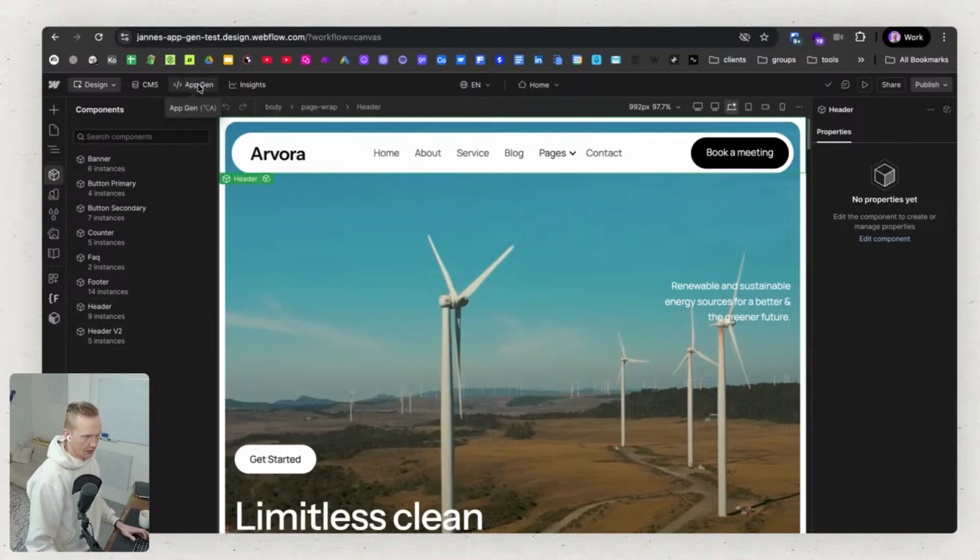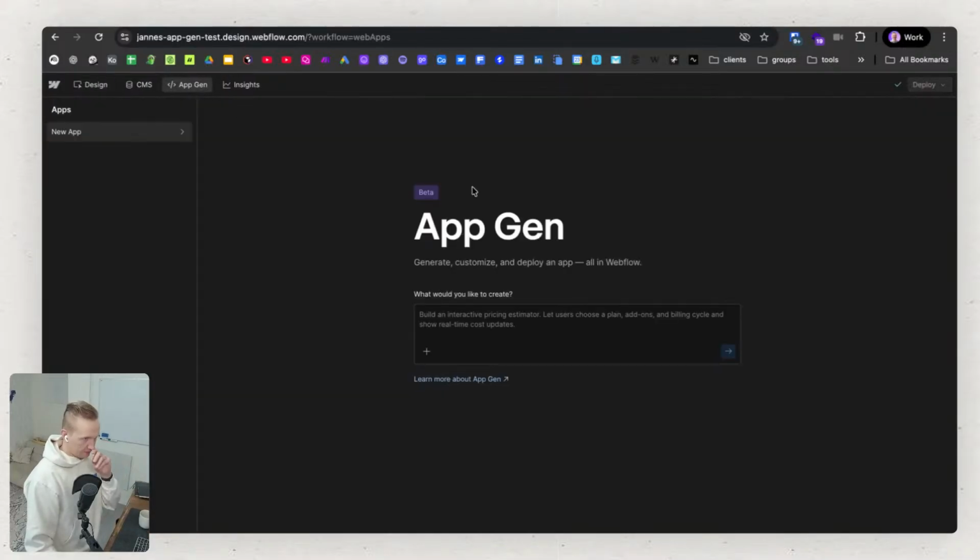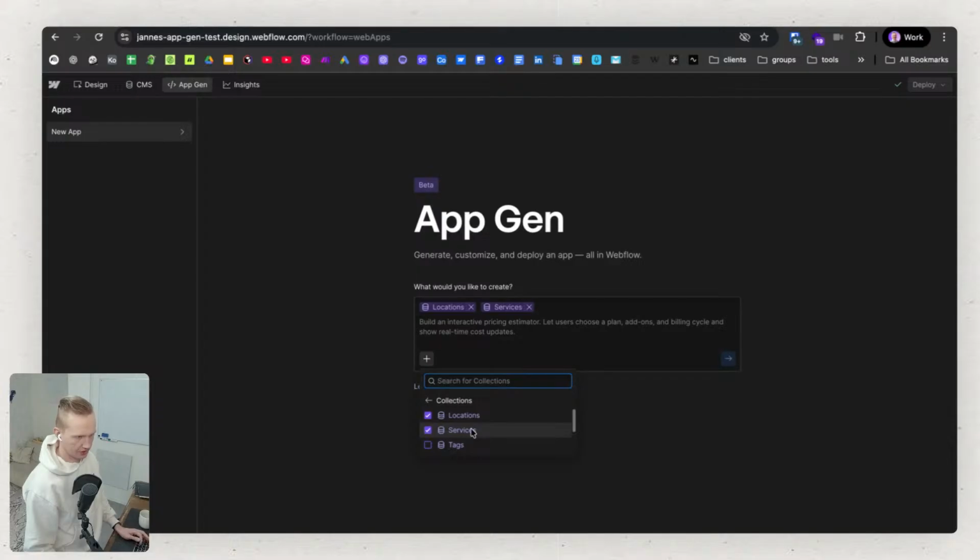Okay, cool. So let's jump to the AppGen. This is in beta, but I've seen people do quite cool stuff with it. And yeah, you can do multiple apps. So let's say if we would do different kinds of calculators or directories or whatever, we could do that. So I'm gonna click that. It checks the locations and services and collections. Not collections. I want components. I want to use header and footer